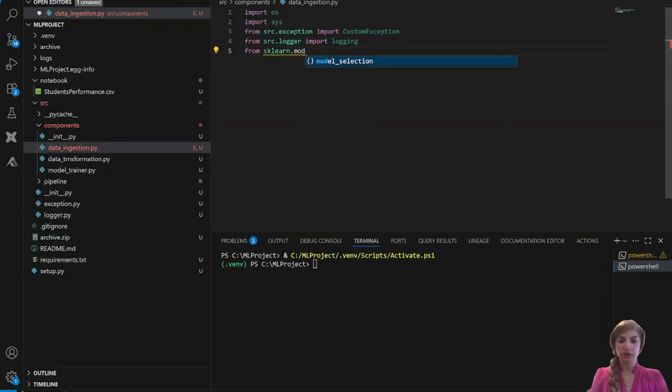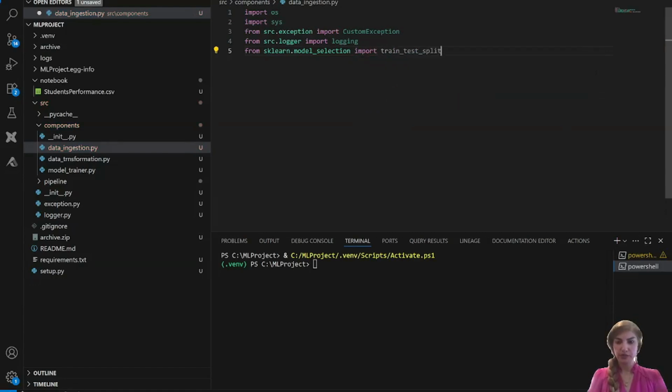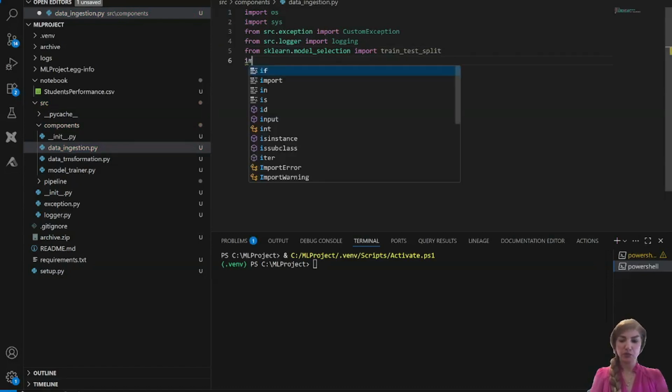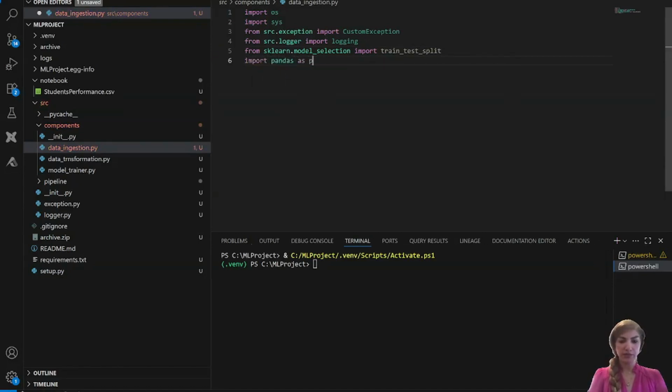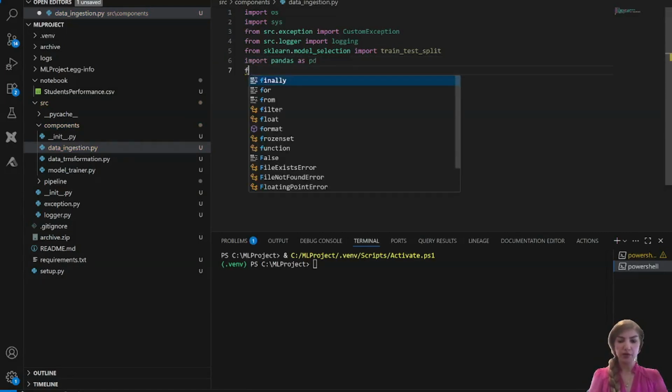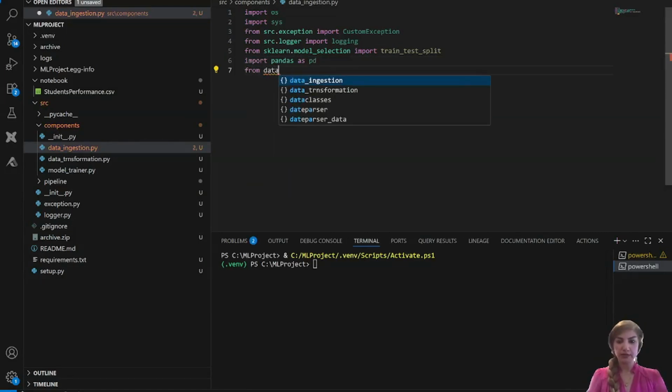model selection import train_test_split to split our data set into train and test, and import pandas as pd to work with our data set as a data frame, and from dataclasses